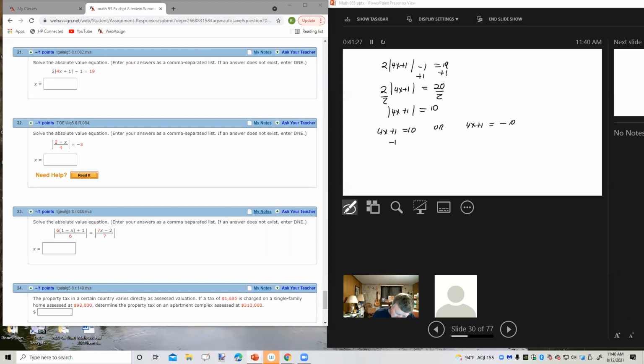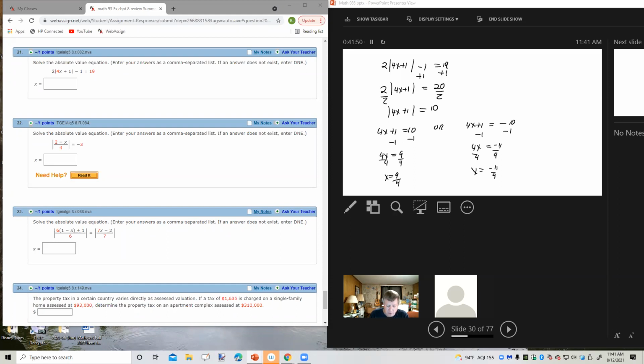Solving the first equation, I'll subtract 1. 4x equals 9, divide by 4, x equals 9/4. Solving the second equation, subtract 1. 4x equals -11, divide by 4, x equals -11/4. All right, now,